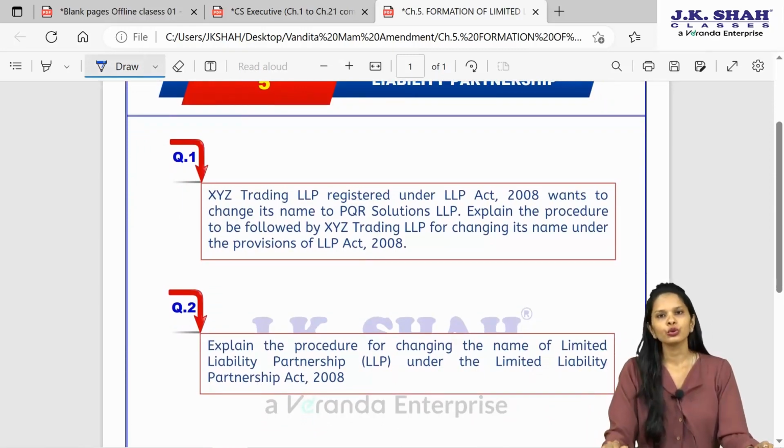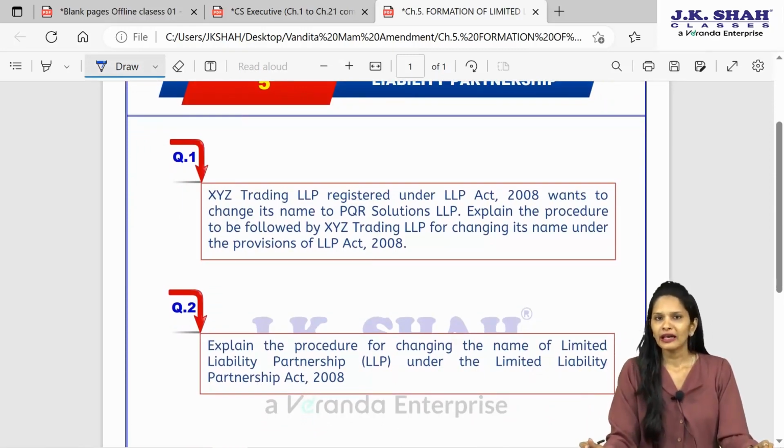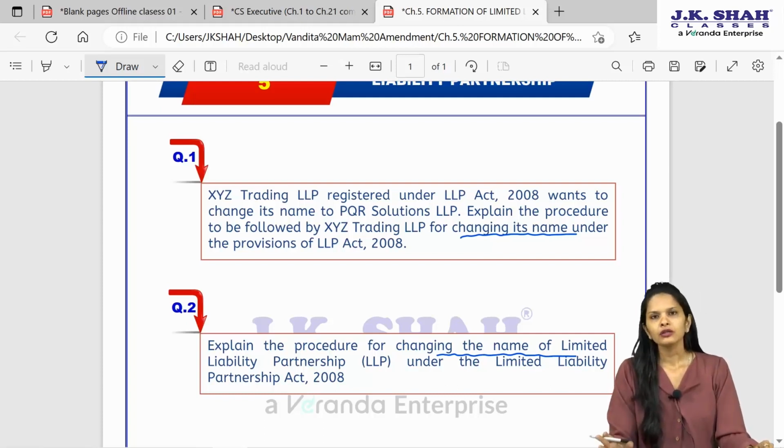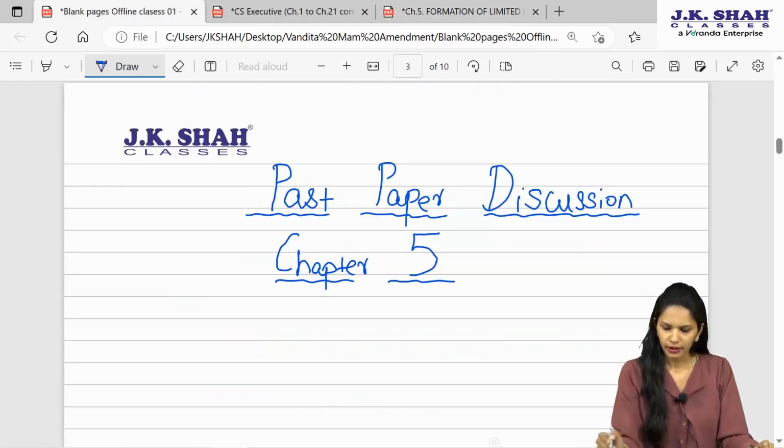Hence in the last 4 attempts we can find that they have asked only 2 times. That too, that's a repeated question, that is changing of name of the LLP. So both the times they have asked you the procedure to change the name of the LLP. Always remember, from this chapter you will get the direct question. Also, very important concepts of this chapter are, remember,